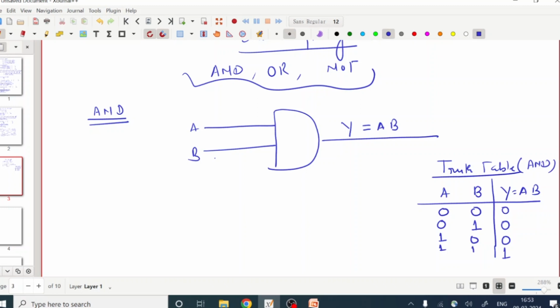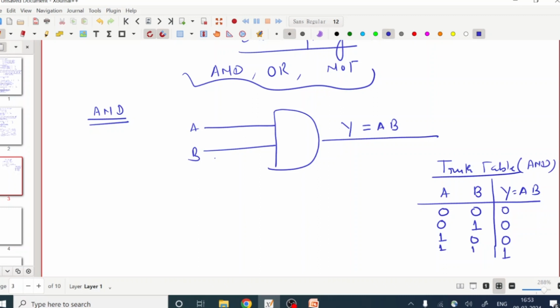So in case of an AND gate, when any one of the inputs is low, meaning 0, the output is low. When all the inputs are high, then only the output is high. Let us take an AND gate with 3 inputs, 4 inputs or 5 inputs. If at least one of the inputs is low, then the output is also low. If a 7-input AND gate is there, when all 7 inputs are high, then only the output is high. In the rest of the cases the output is low.